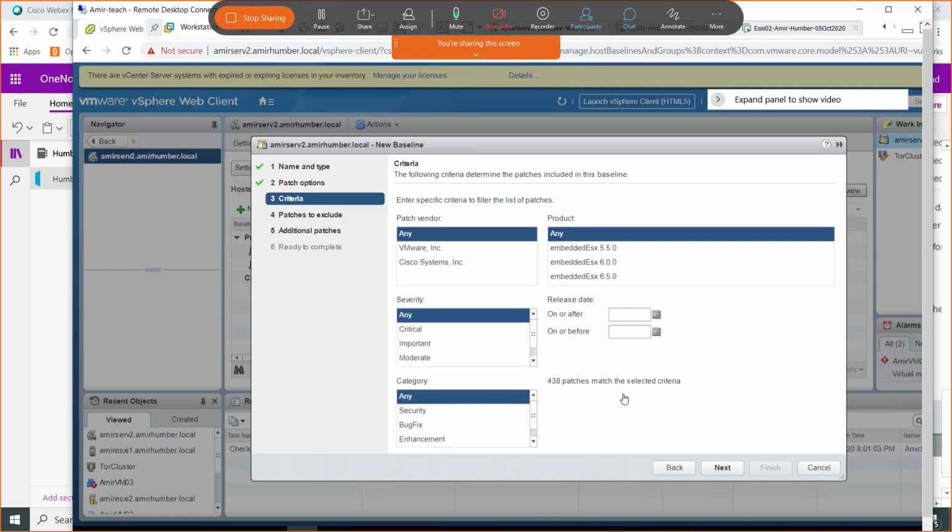And okay, so we selected dynamic, yes channel, dynamic. Okay, so here guys, what we're going to do, we're not going to install all 438 patches. We will not install all 438 patches. So we're going to go for this VMware. See this? There's a Cisco Systems Incorporation. If you only select the Cisco, you can see the number of patches.